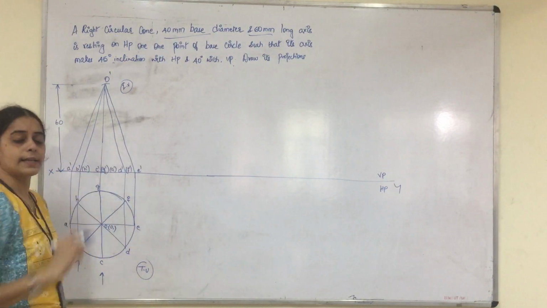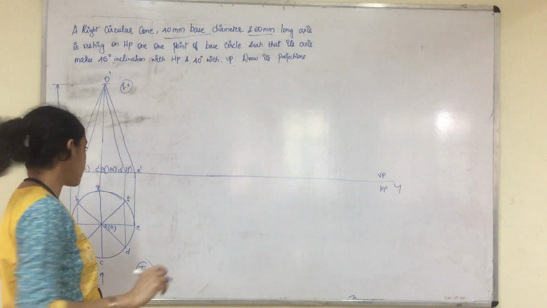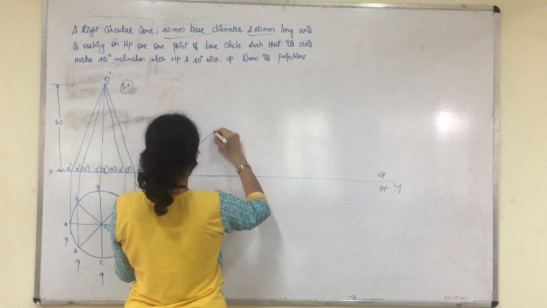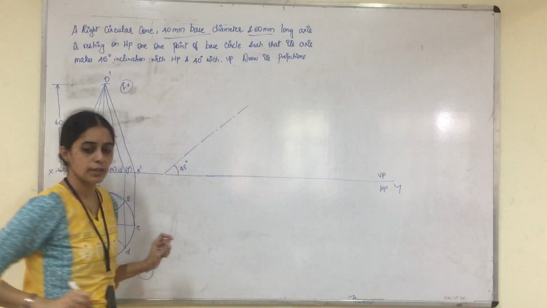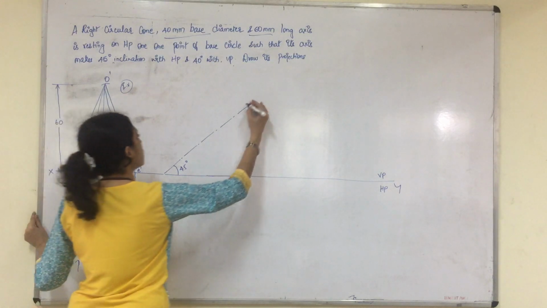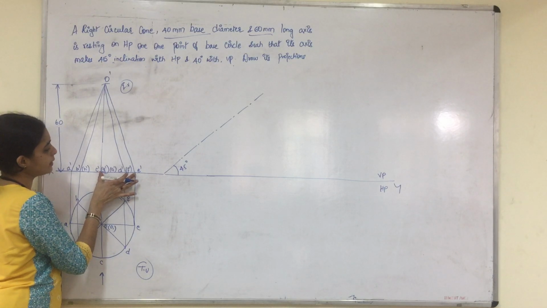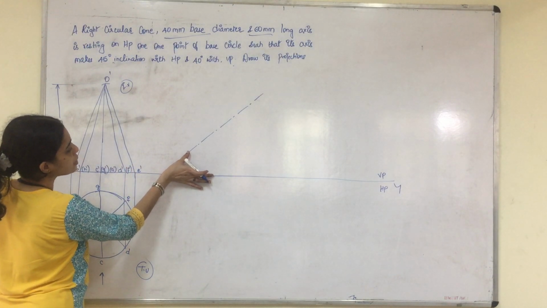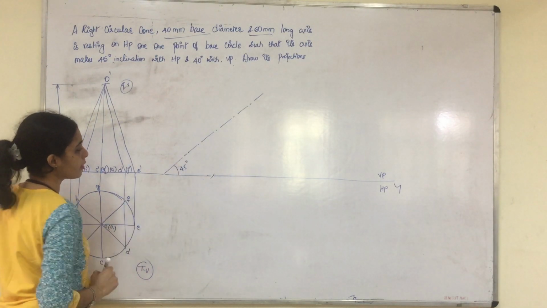So let us cover the second stage first. In the second stage, it is told the axis is inclined at 45-degree to HP. So leave some space and just take the axis line for 45-degree inclination. Please show the axis line pattern over here. After that, identify the distance from the center to this corner. Please measure this distance using the compass. Just move on this 45-degree line until it touches our XY plane. Where it touches, cut an arc and identify that reference point also.